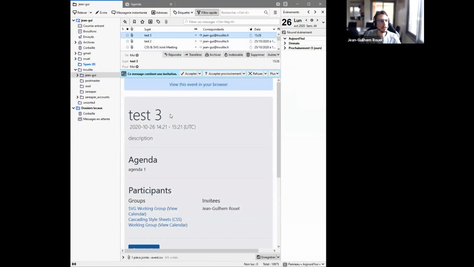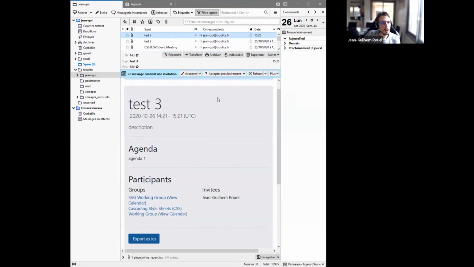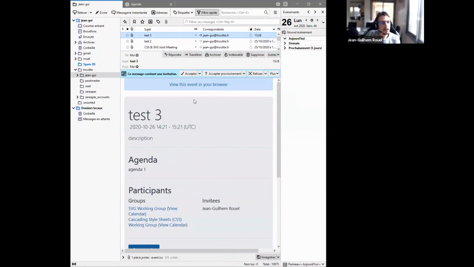Here it is. This is my Thunderbird, my mail client. And as you can see, we have here all the information that we had on the page.